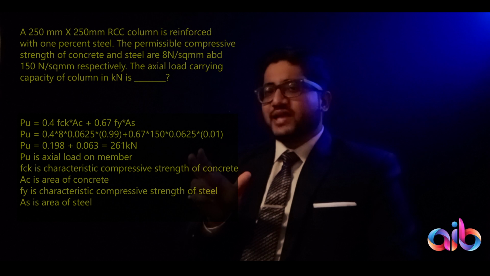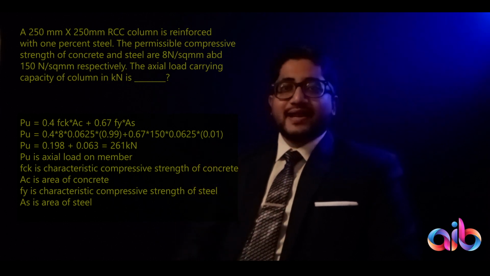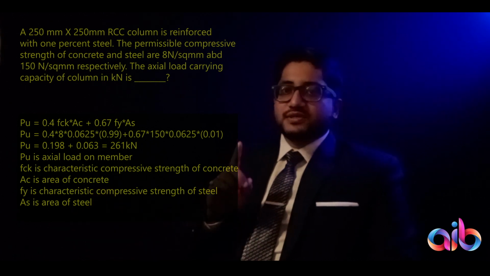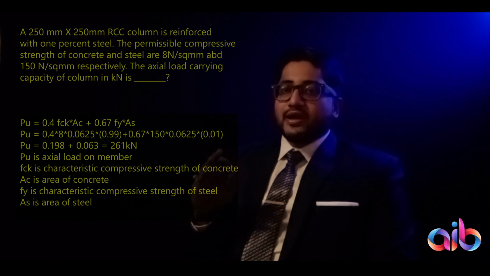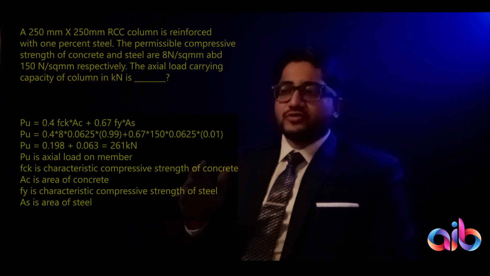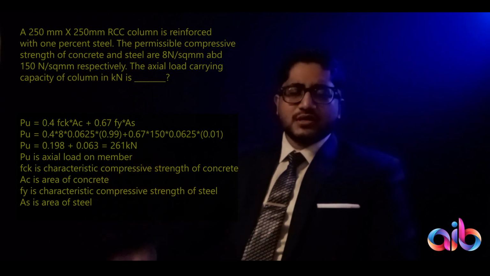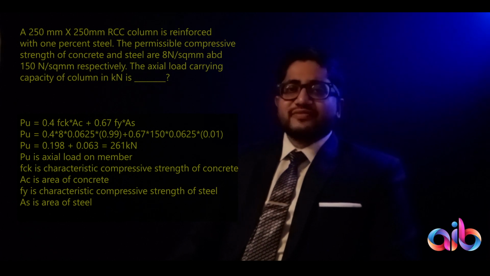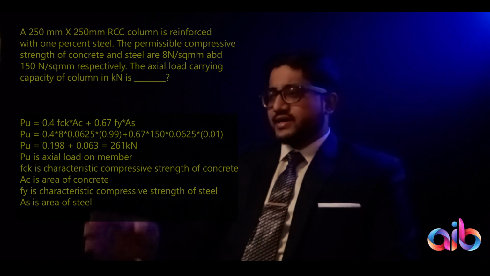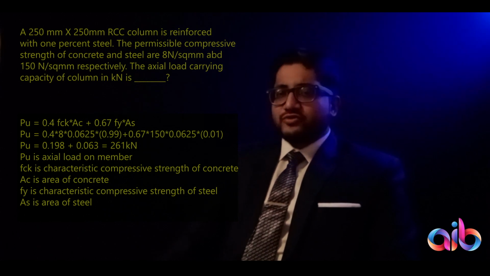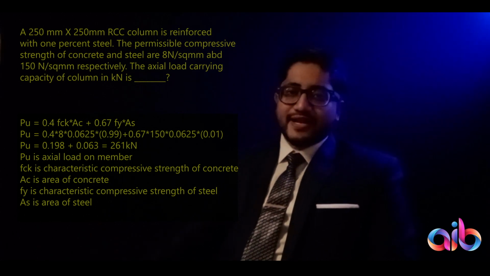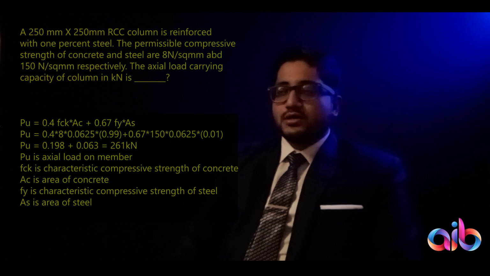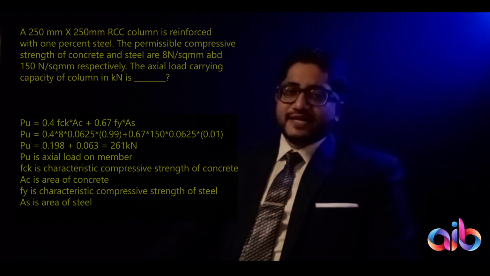How do they behave in tandem, in conjunction, and how much load can it take in total? For that you just have to use the formula. So they have mentioned 1% steel specifically because they are looking at a composite bar and how this bar, or the composite RCC column or RCC members, is going to behave under load conditions. So you have 1% steel, which means you have 99% concrete, and the formula you should remember is 0.4 FCK, or characteristic strength of concrete, and 0.67, if you forget, 0.67 is basically a 2/3 ratio,